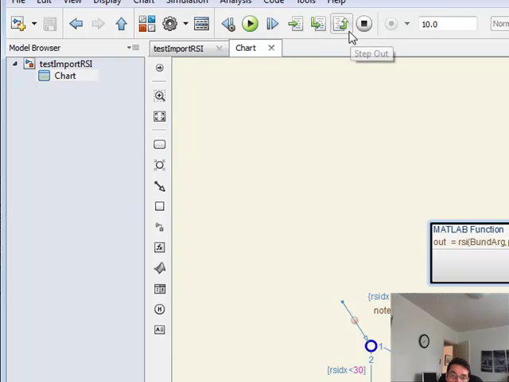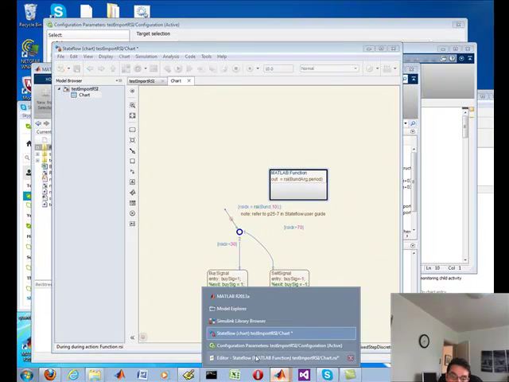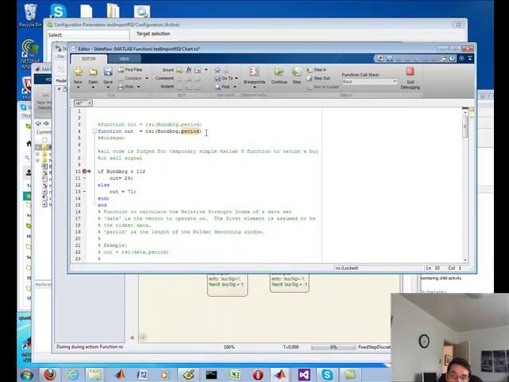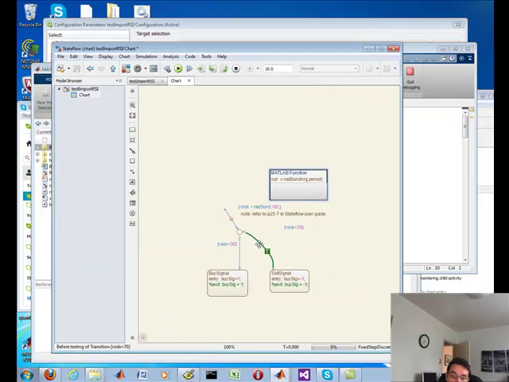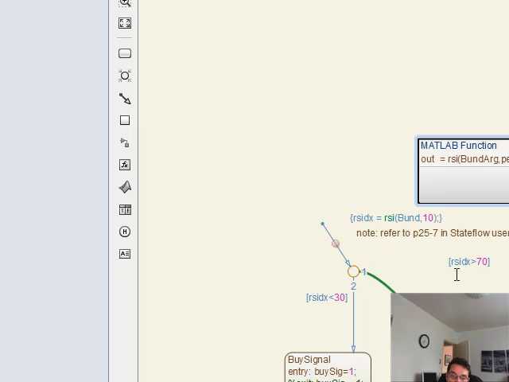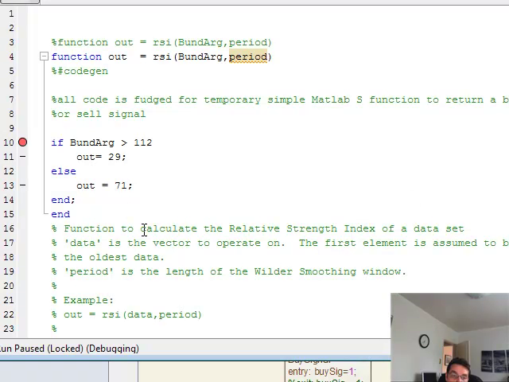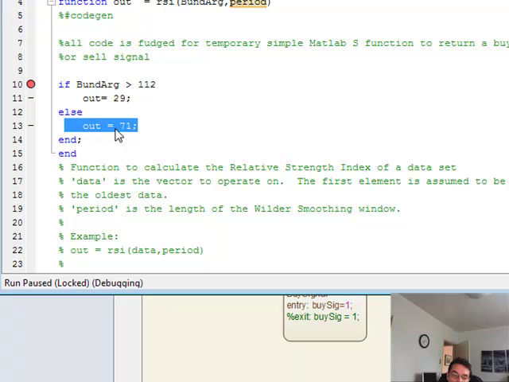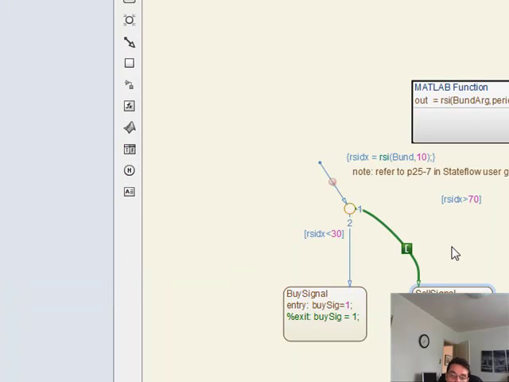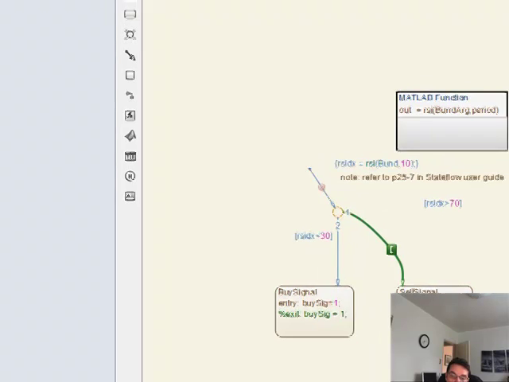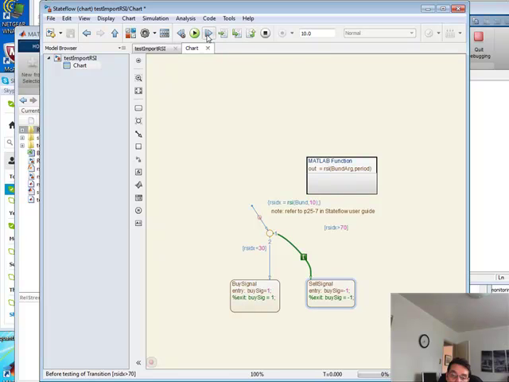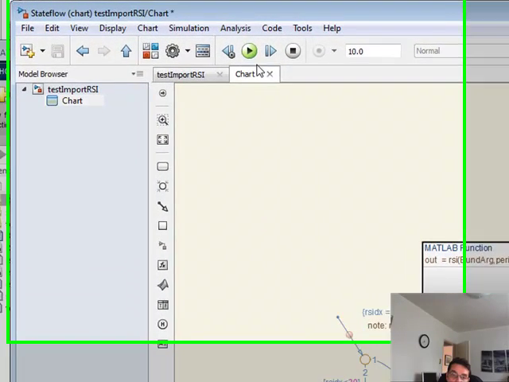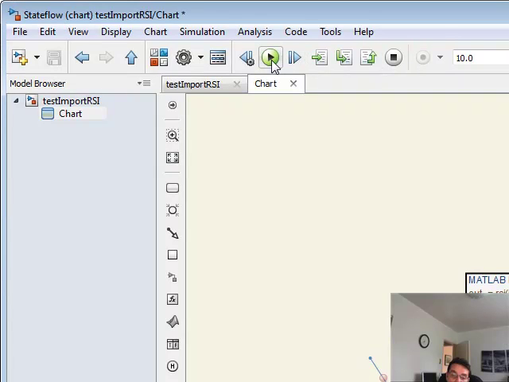Alright, well, let's just continue along. And then let's go into our editor. So here we have the Bund argument. We can go through the MATLAB function. Step out, comes out. And now it came through this condition because it's greater than 112. So it's setting this guy here to the output at 71, which it's coming into this transition right here of greater than 70. That sets a signal. Okay, so I can continue, and here's the state that it's in, and I can keep doing this to my heart's content until it's